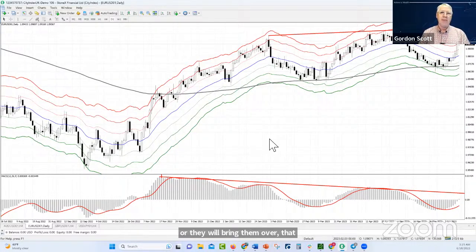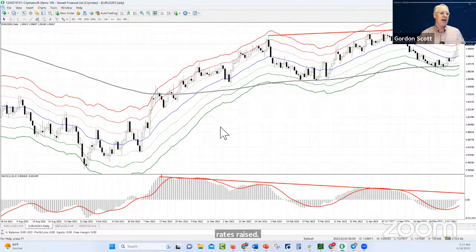That will decrease the demand for US dollars. The currency that has the higher interest rate and has the more stable economy, those two things together tend to increase the demand, which is why over the past little bit you see the euro gaining ground over the US dollar, because the US dollar is going to at some point stop paying as much interest as it has been. But the ECB says, hey, we're still tightening. We have to keep raising our rates. So the euro is going to raise rates, and the dollar is not going to have its rates raised. Guess what? There's going to be more demand for the euro.